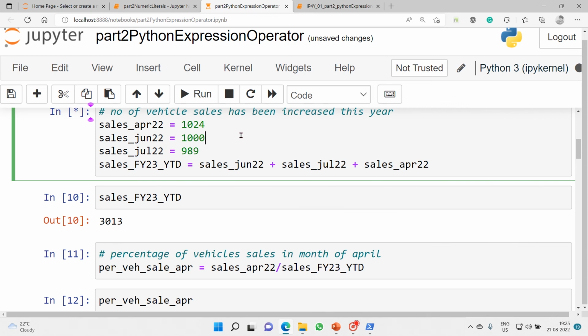These are big vehicles, take JCBs, and sales in June 22 it is 1000, sales in July 22 it's 989. So now what I want is sales in financial year 23 YTD, year till date. So in that case it is a summation of all that. Here I have used the plus